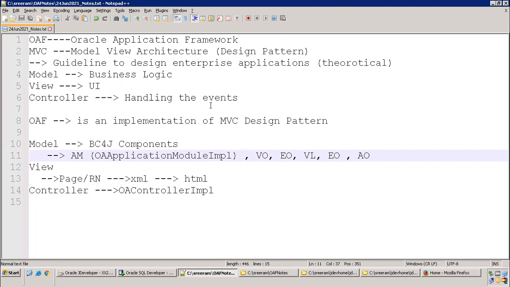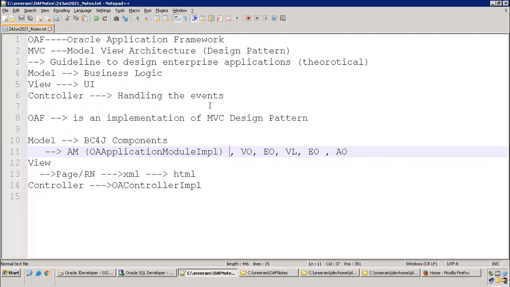We do not need to worry about what the width of a particular component should be, or how to design a button component. We just need to use the existing libraries and components and design our application based on the business requirement. That is what a framework is all about.